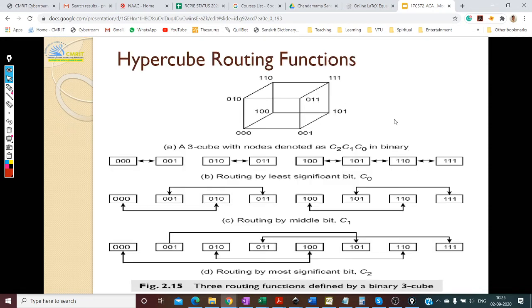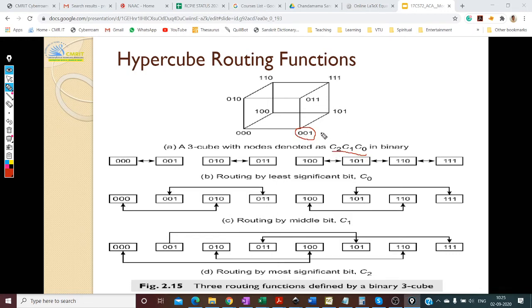And then we saw hypercube routing functions. So for now, let us just assume a cube here. We'll deal with what a hypercube is in a few slides. If you see this, there are different ways you can transfer the data, so you can route the data. There are three possibilities. You have these 3 bits, right? So this is your identity of the node. In these 3 bits, this is your C0, C1, and C2. So you have named it this way.